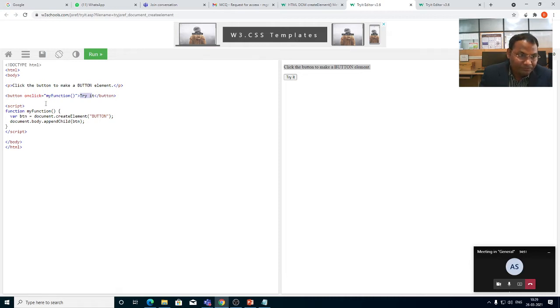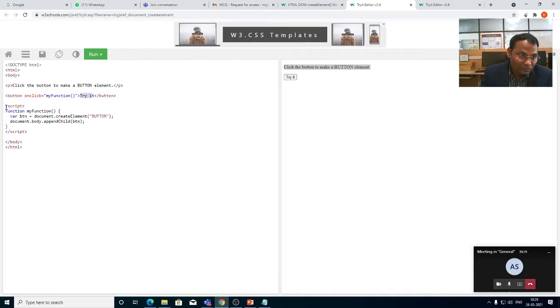But here the script is written, function my function is created. In this function, the variable button equal to the document create element method is used for button, then document dot body dot append child is created.